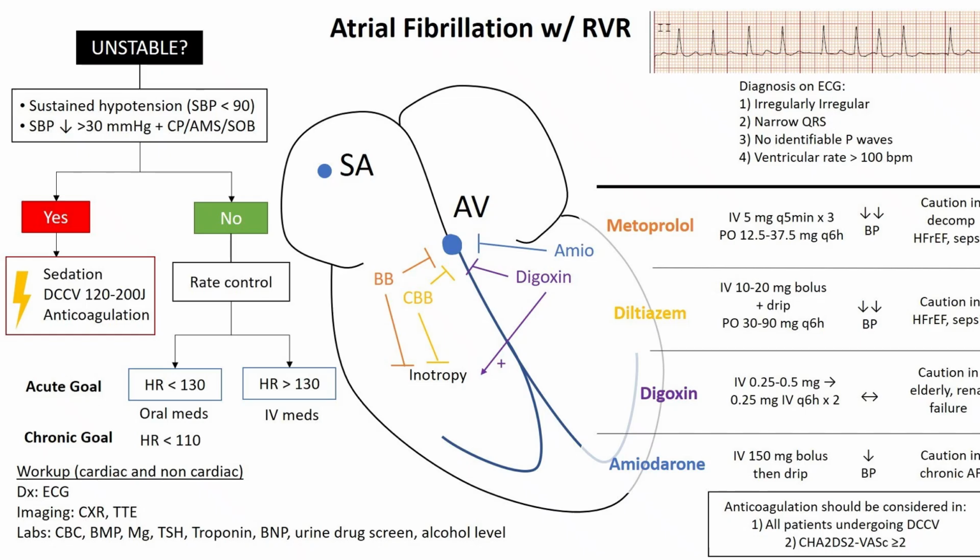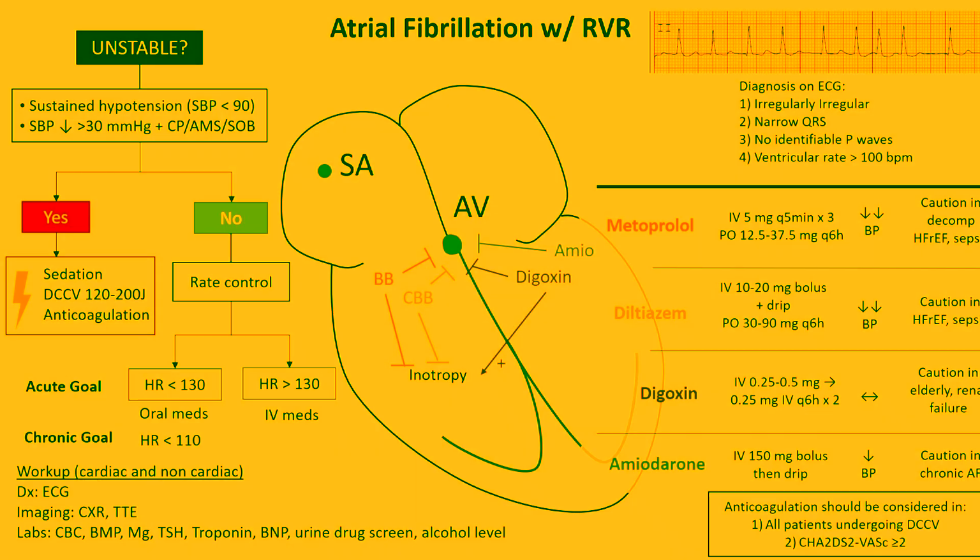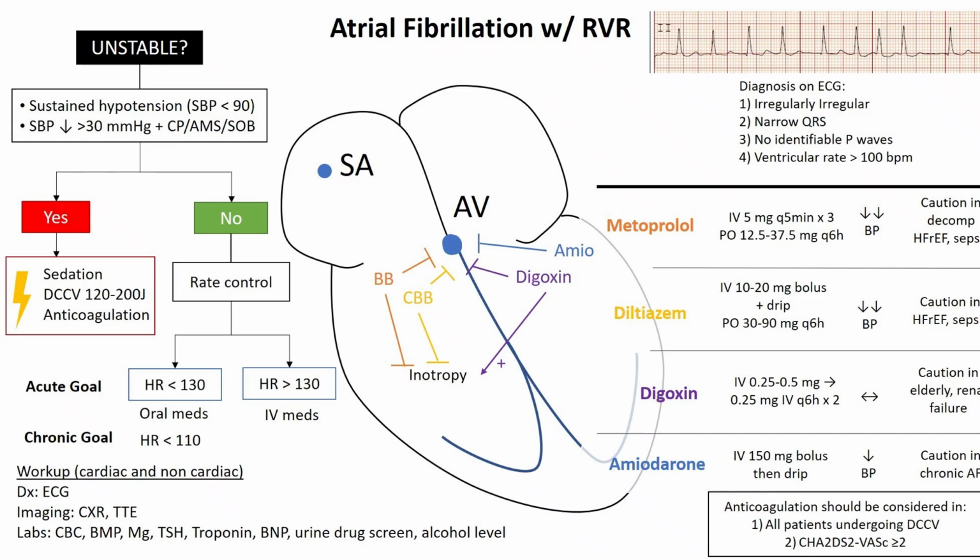However, what's going on is you have that rapid firing of the atria and your ventricles are going so fast, and now they don't have time to adequately fill as they're pumping. So you're going to lose a drastic amount of cardiac output. And this can be a recurrent problem with patients who have chronic and persistent AFib. You'll see that they'll go into periods of RVR, and ultimately, you'll see that part of AFib management is going